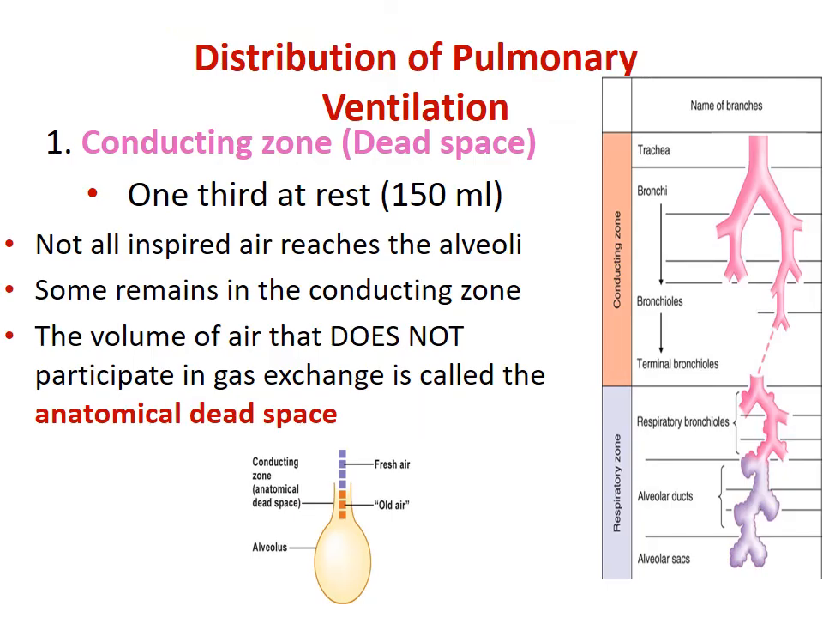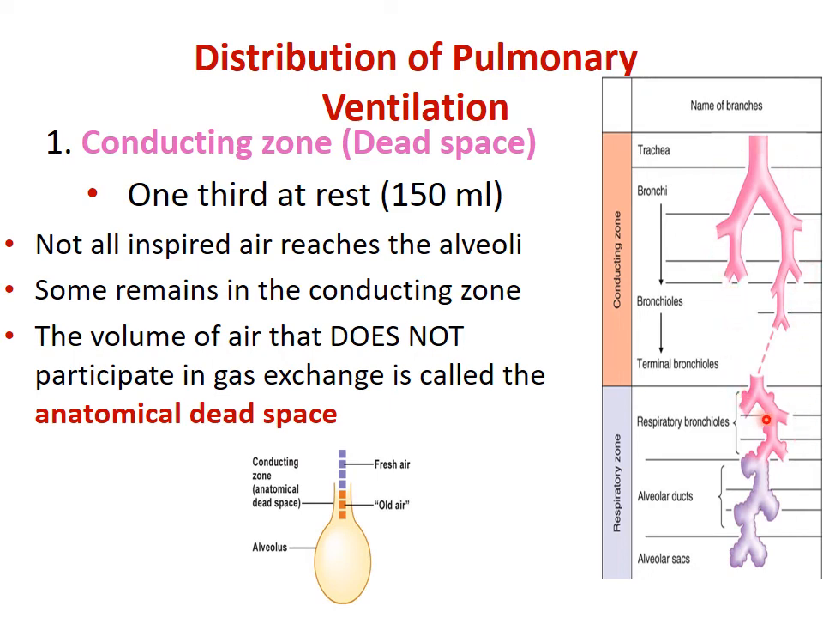Yes. Now let us see about the distribution of pulmonary ventilation. From here you can see the conducting zone or dead space, which means that when the air is moving through the airways before it reaches the alveoli, it will be moving through all these parts, right? Trachea, bronchi, bronchioles, terminal bronchioles, respiratory bronchioles, alveolar ducts, and finally the alveolar sacs. But before reaching here, it has to go through all these pathways, right? This pathway will be filled with air, and that particular air is not taking part